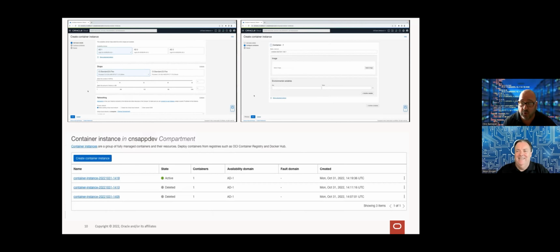Absolutely. All you do is create the container. We'll talk about OKE, which is our Kubernetes engine, in the coming slides, but from the container service, there's no need to build any Kubernetes platform. It's all done by us in the background. You just create the instance. Okay, that's really good.